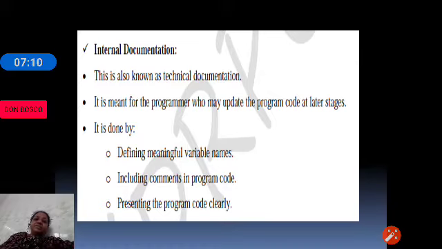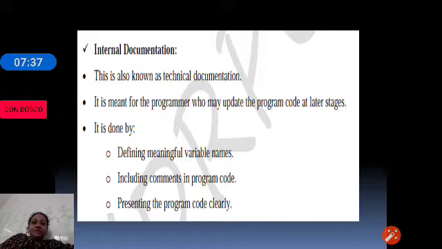There can be some information about the program that can be written within the program itself. Information about the program, about statements, and all those things can be included within the program itself, and that is called internal documentation.